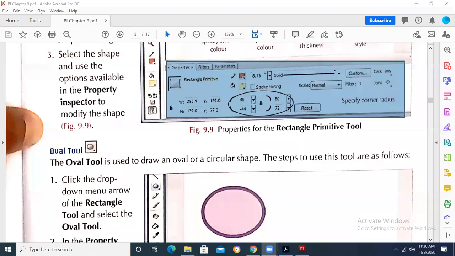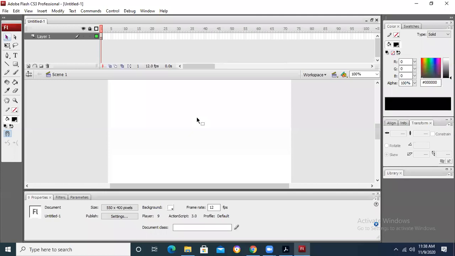Sir, in Flash, whenever I zoom in to make the drawings big, when I try to zoom out, it doesn't work. When I zoom out, it just moves through the drawing, but it doesn't make the paper size smaller. Now see on the screen. Can you see the screen of Flash on your screen? Yes.